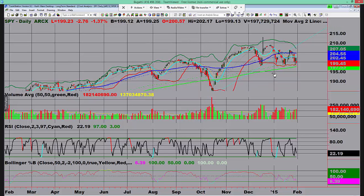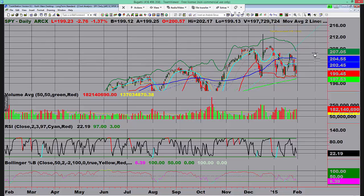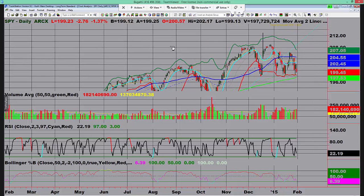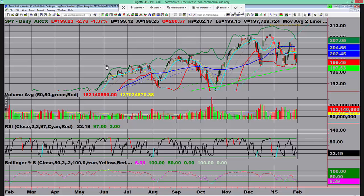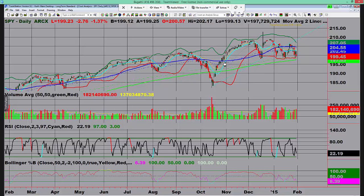First thing is look at this compression. So you have what I call a high and wide compression, indicating higher volatility. But listen, let's take a look at this. You can see that basically since late July, the market has had pretty much sideways action with lots of volatility. Now, this compression here, the sideways action,